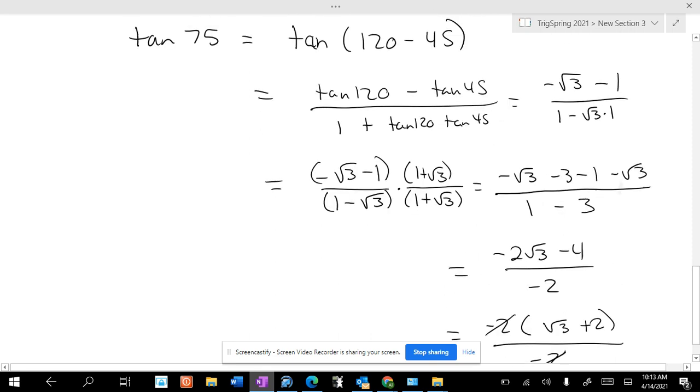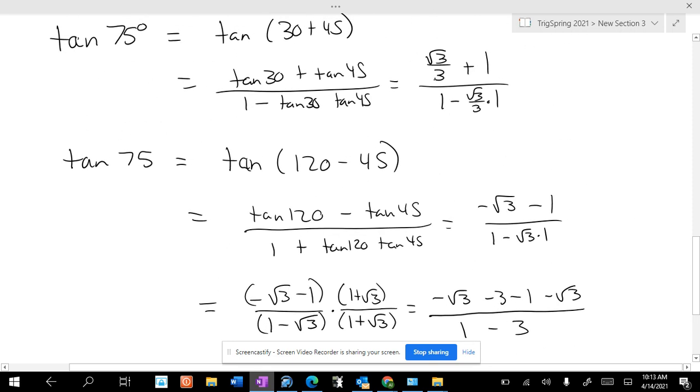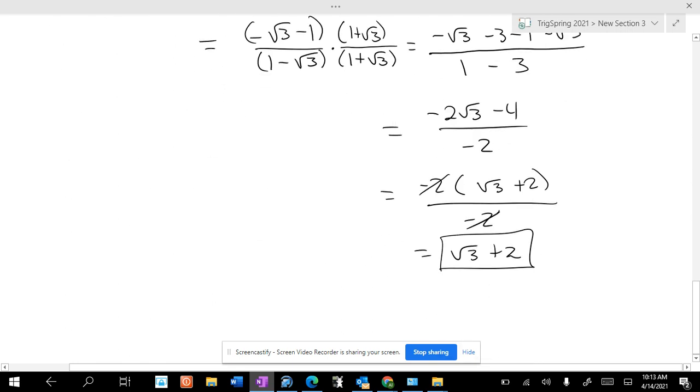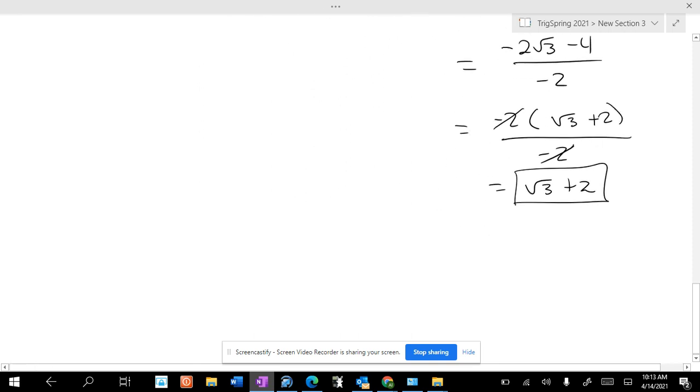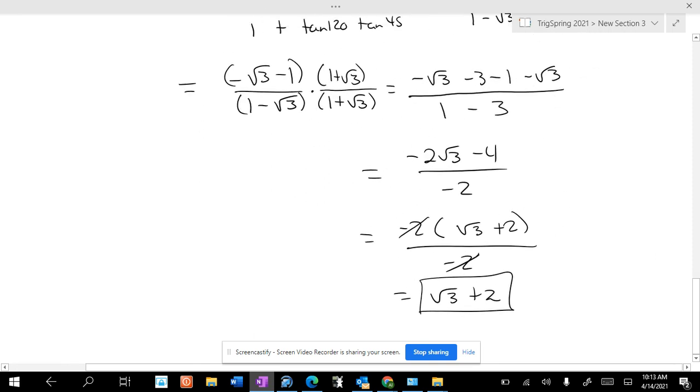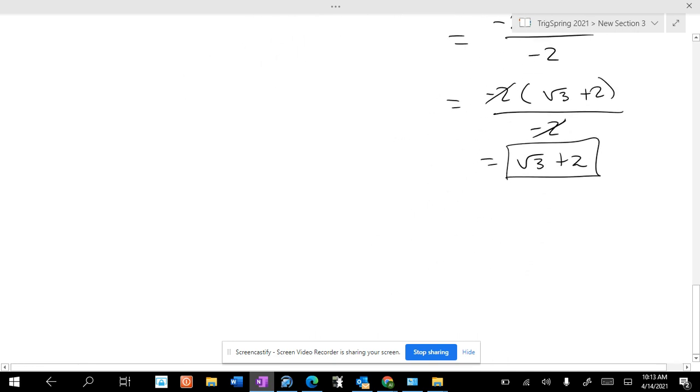If you would have done this problem all the way out, you would have gotten there eventually. But it's a little easier like that. This is the quickest way. Tangents are a little more ugly than sines and cosines. So let's do the tangent